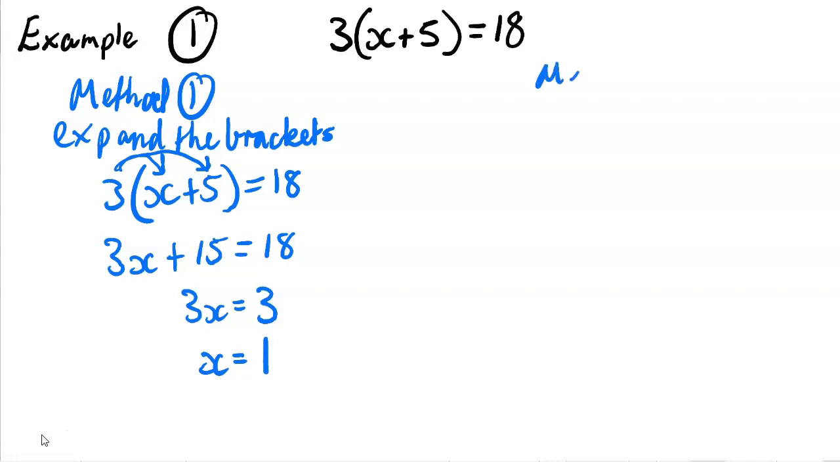Okay, so method 2. Now both methods are perfectly valid and you can use whichever method you like. It doesn't matter, honestly. It really depends on the equation if you pick one or the other. But if you just want to stick with method 1, that's fine. Okay, so method 2 is you